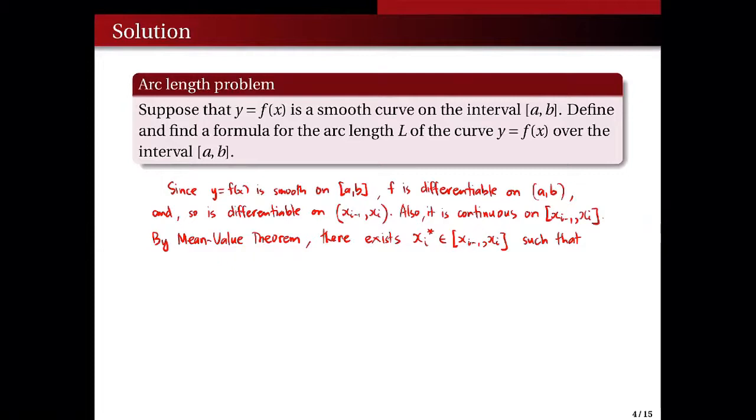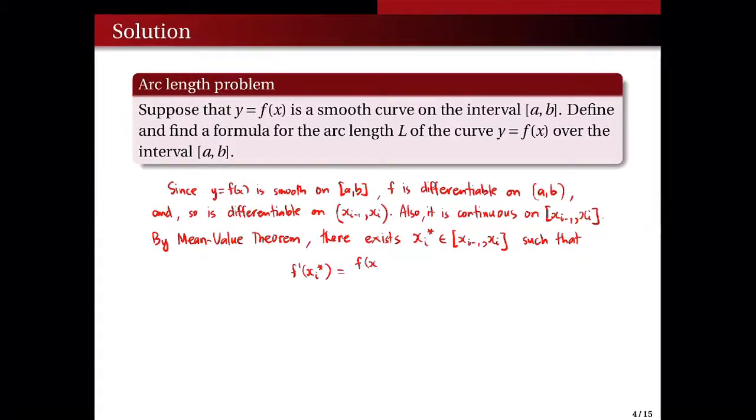So the conclusion here is there exists x sub i star inside the interval x sub i minus 1, comma, x sub i, such that the derivative of the function f at that x sub i star is equal to